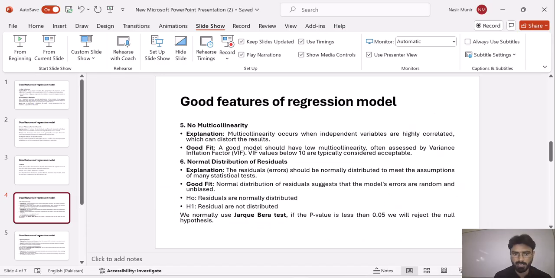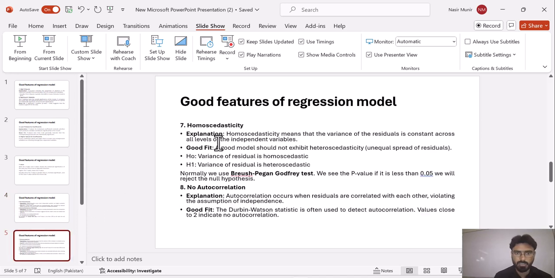The next thing is that we have to check homoscedasticity, and homoscedasticity means that the residual variance is constant, so there is no change in the variance of the residual.